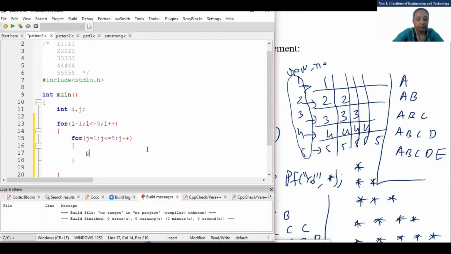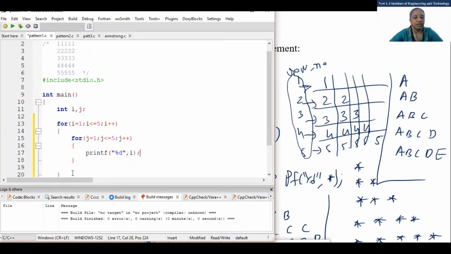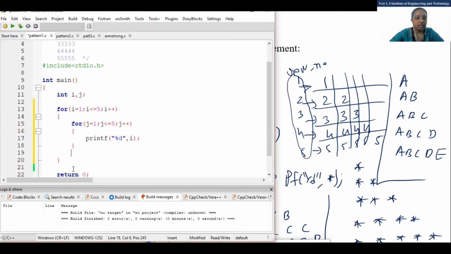What should I write? printf %d, and comma I. It should be I. Clear or a doubt in this? Anyone? Is there any doubt? Simple program. The 2 for loops are going to be used. That means a nesting of the for loop, right? Okay, I'll run this program and we'll see what is the output of this.